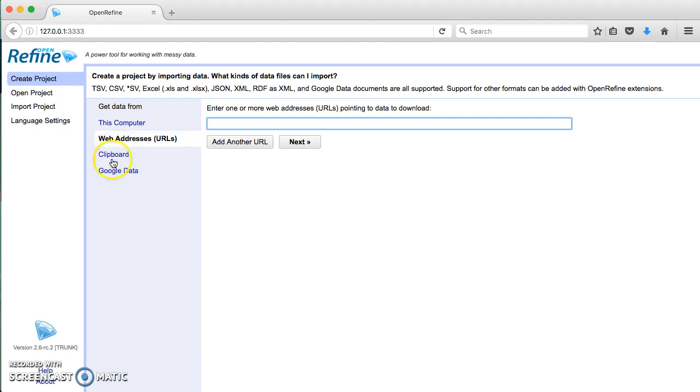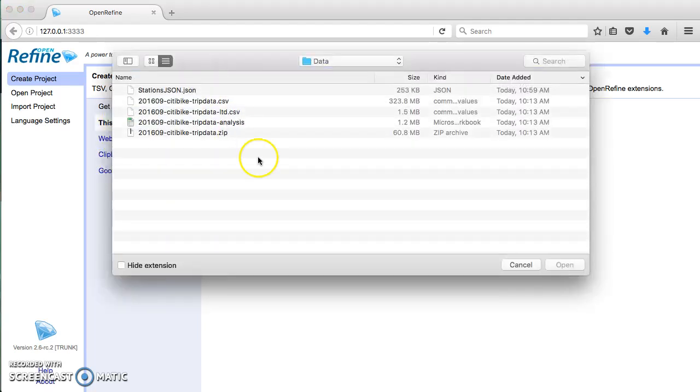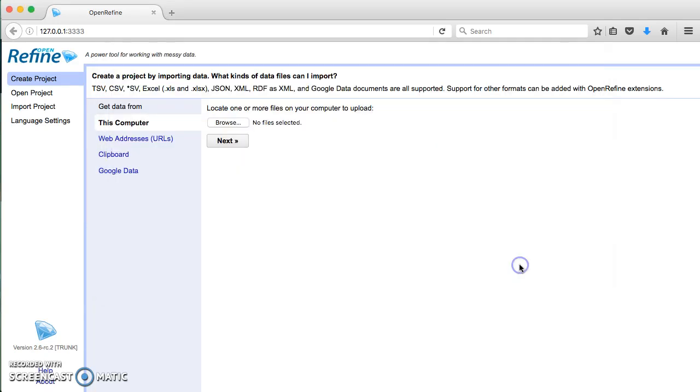And in fact, let's look at an example of that. Or we can say this computer and we can use our traditional browse function to look for data. Now, I want to highlight something about this. So it says up here, TSV, CSV, asterisk SV. So this is our first exposure to a programming